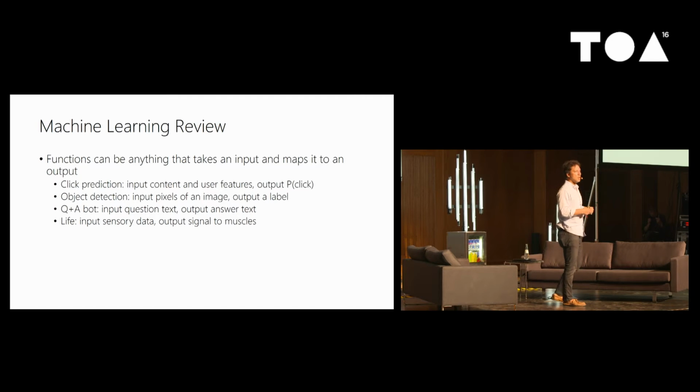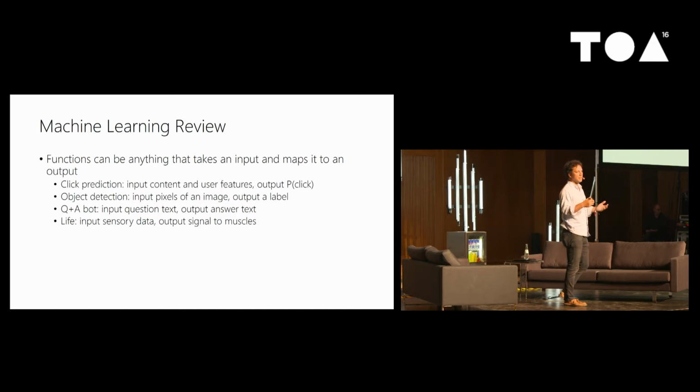Object detection. This is one of the things that we can do now. We can look at a scene, for instance this one, and say, oh, this is an auditorium. This is a person sitting. These are slides. This is a computer. That type of thing. For object detection, this is the same type of function. The inputs are all of the pixels that I might have in a photo of this room, and the output would be the label for the image.